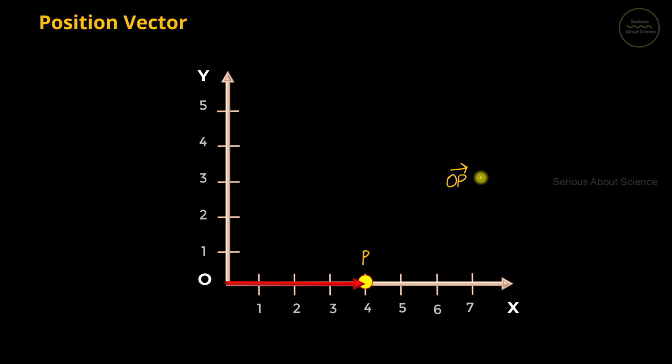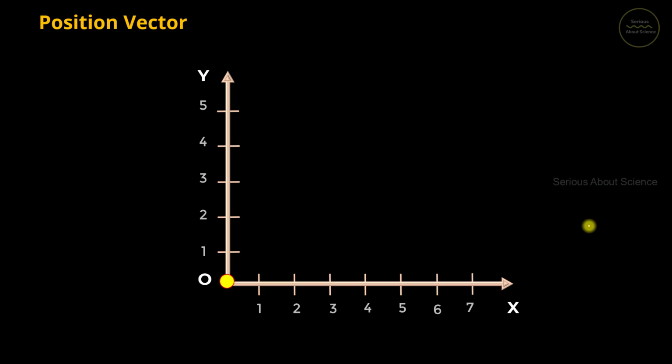Position vector OP. Now it is given by 4 units along the x-axis. That is, I can write it as 4 i cap. Since it is along the x-axis, there is no y component, or you can write it as plus 0 j cap. And if you want, we can also write it as 0 k cap. It is not necessary every time to write these 0 terms, so simply we can denote it by 4 i cap. That is the position vector.